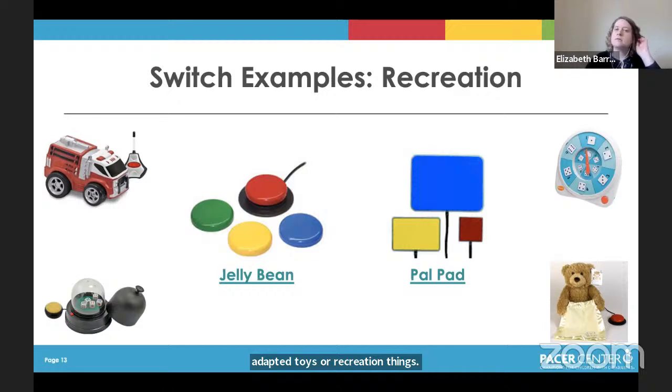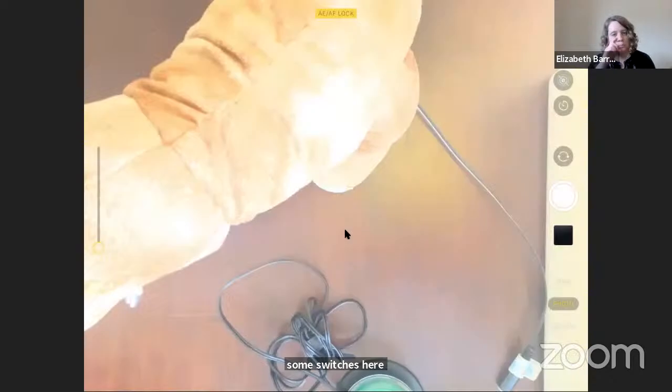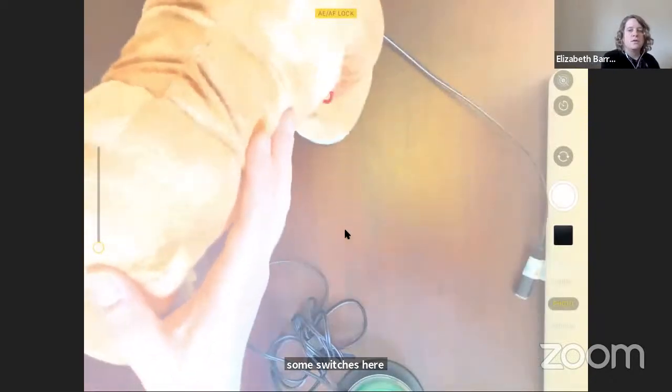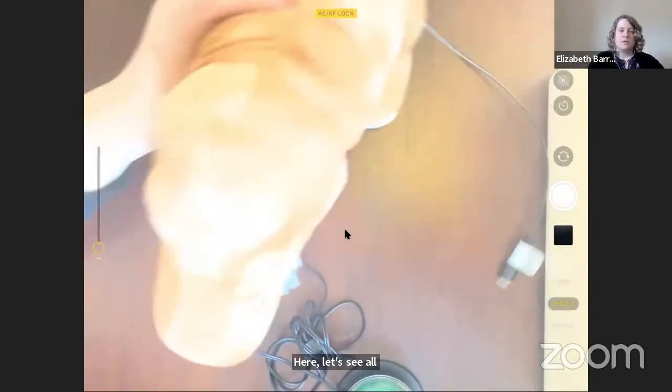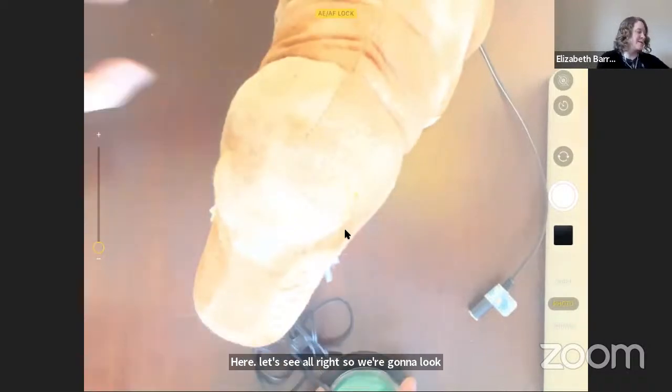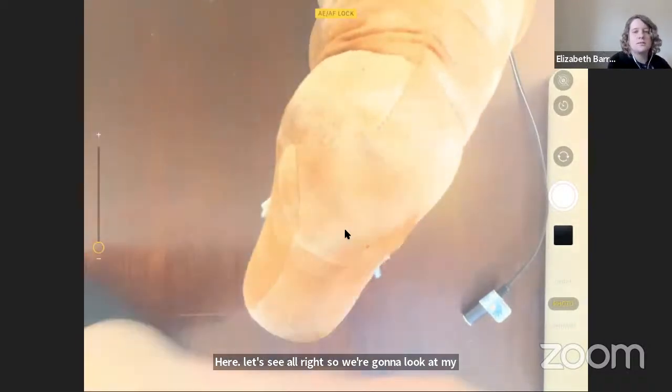All right. So I'm going to switch over to my dot cam so we can start looking at some switches here. All right. So we're going to look at my dinosaur here in a moment, but what I want to start with is,